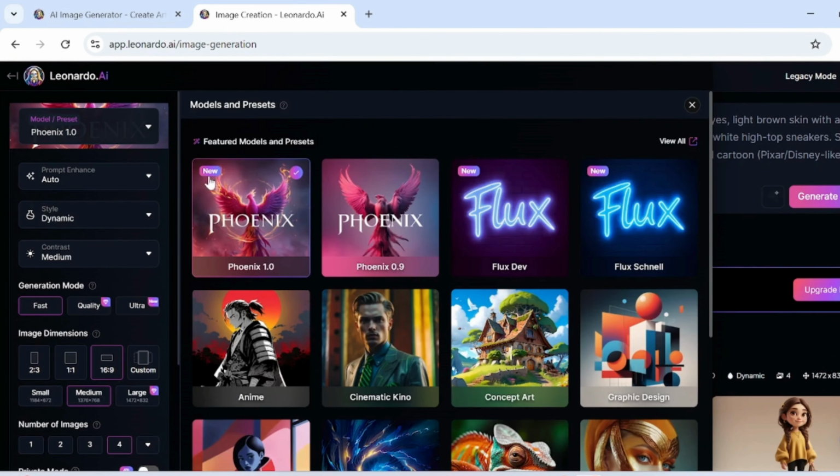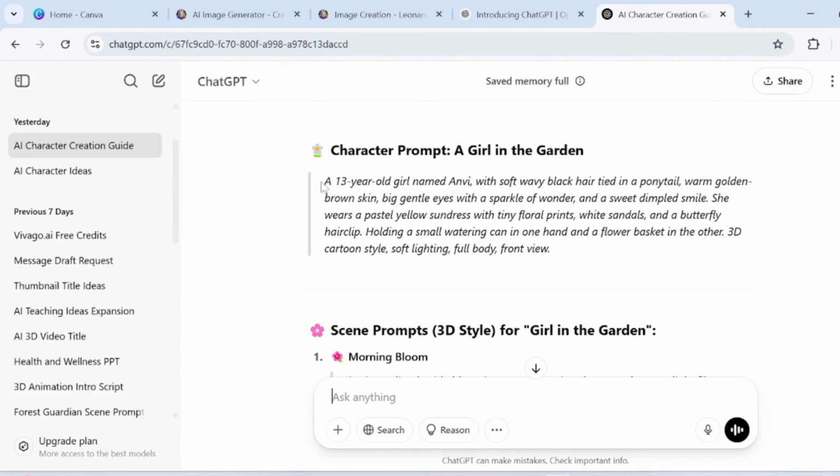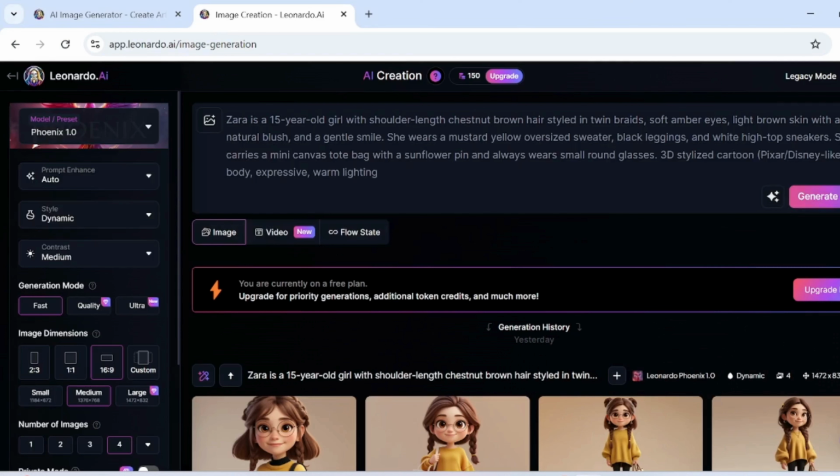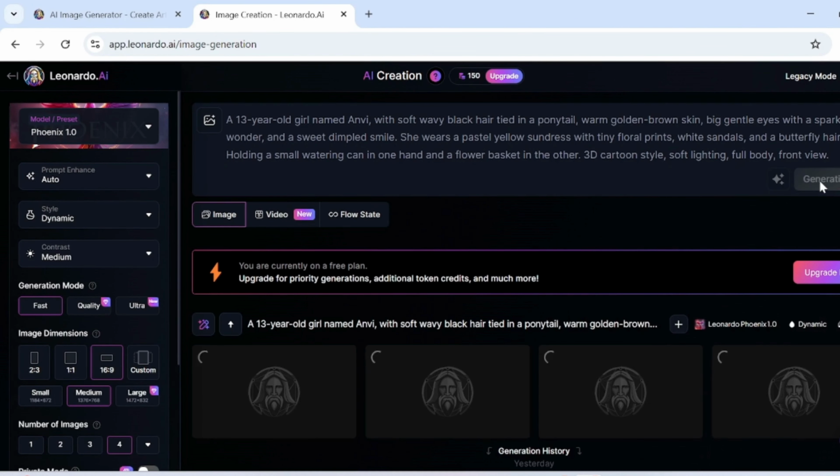Let's move to Leonardo.Ai, another amazing tool for character creation. First, copy the character prompt you got from ChatGPT and paste it into the prompt section. Make sure to select the Phoenix style for a clean and artistic look. Then hit Generate. Once your images are ready, click the 3 dots on the top corner of the image you